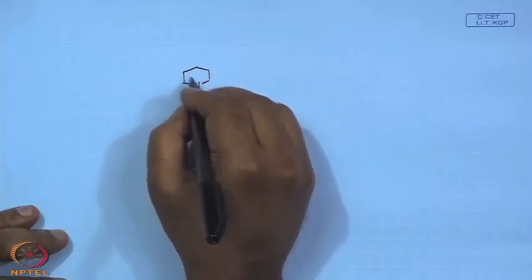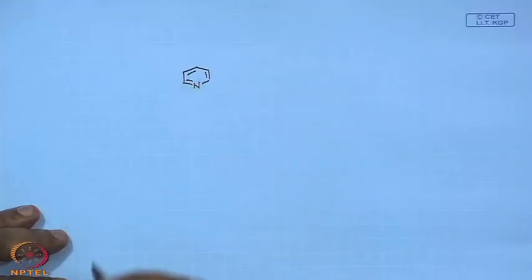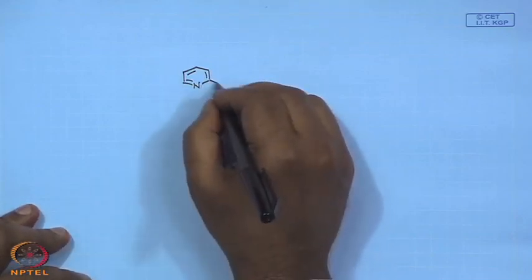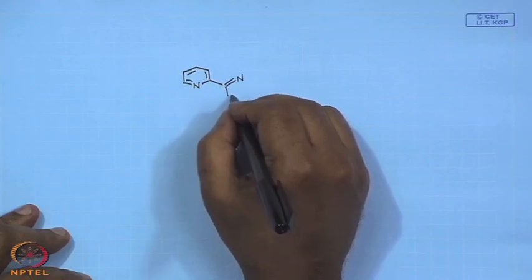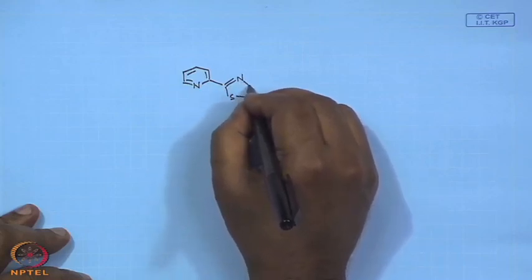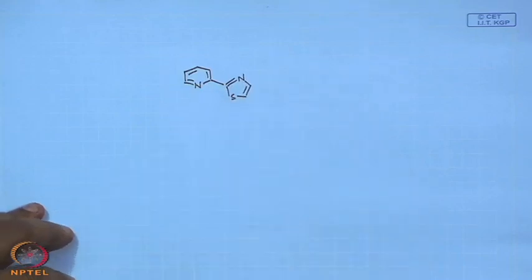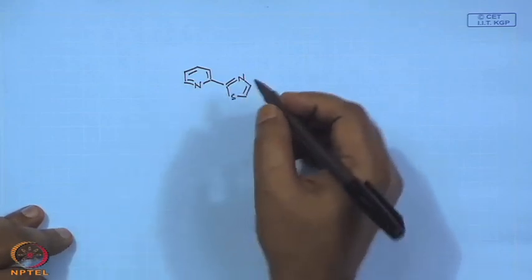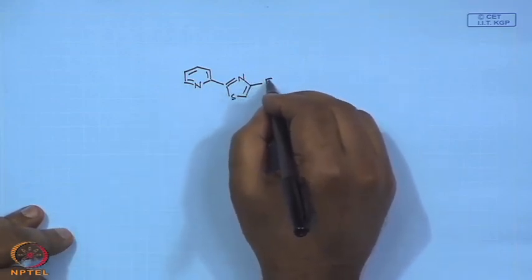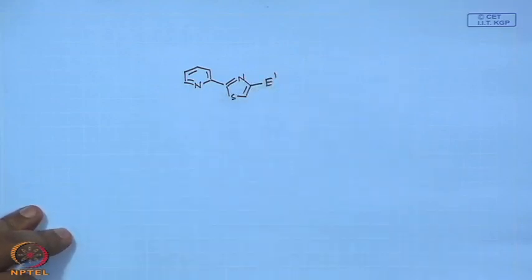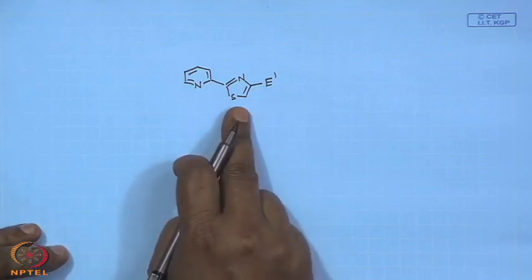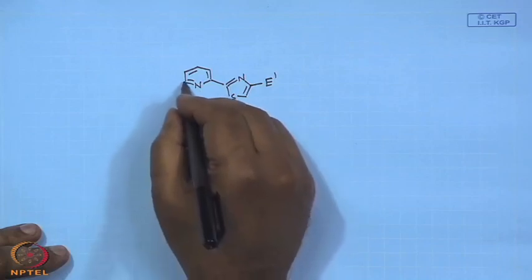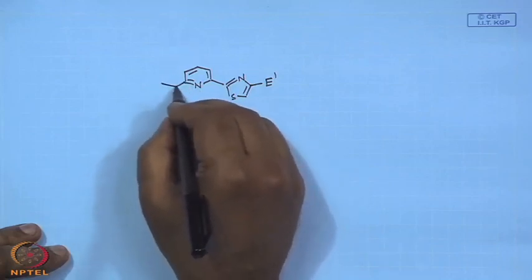This was required in the total synthesis of a very gigantic molecule, a gigantic thiopeptide. Thiopeptides are nothing but cyclopeptides with sulfur, and you have a pyridine nucleus here, and the other portion is a thiazole, and on this side one more